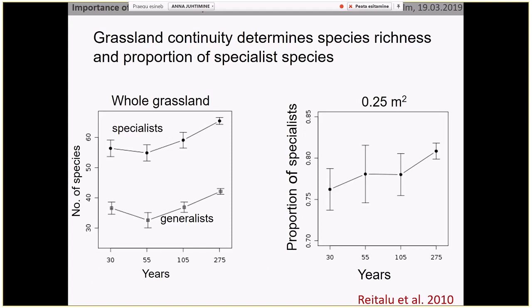This pattern was detected for the whole grasslands, that the specialists and generalists both increased, but the proportion of specialists, when looking at very small scales, where species assemble in a plot scale, was highest in the oldest grasslands. So this kind of pattern indicates, and this is not the only study that has shown these kinds of patterns, that we need to value the continuity in our conservation